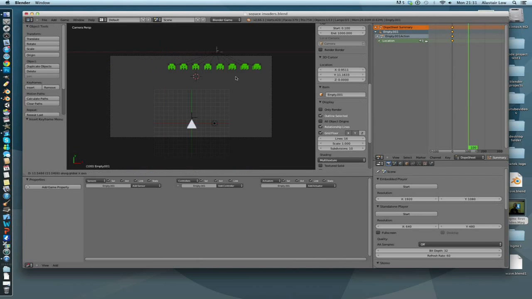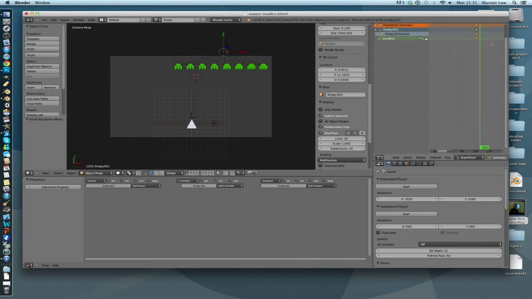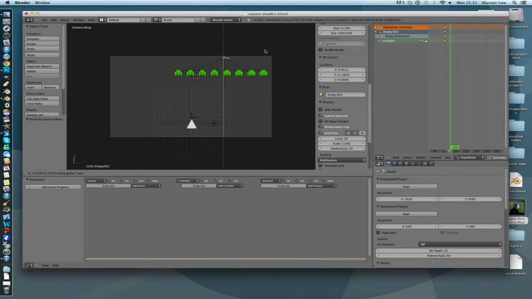We want them to be over here. Press I, and then they move from there to there. And then by frame 100 and 5, let's say, we want them to move downwards a little bit. And then by frame 200,